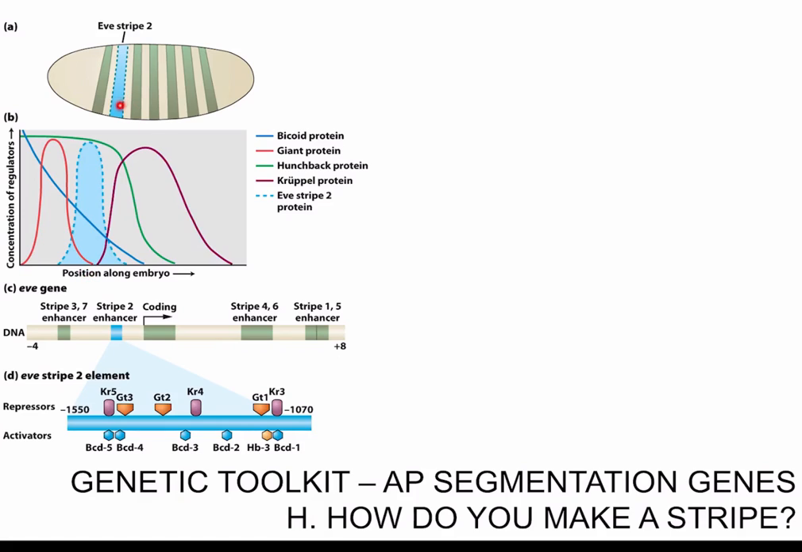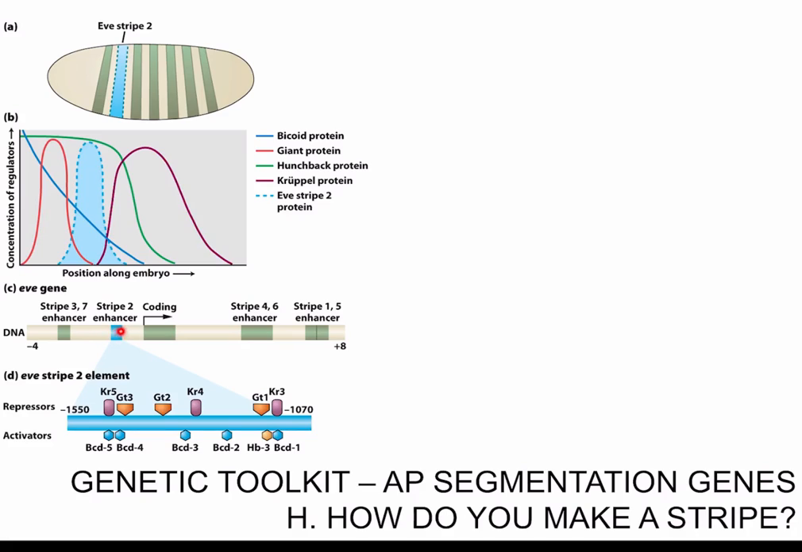Now, insight into how you can have two borders, one on the posterior side and the other on the anterior side, came through the analysis of the regulation of even skipped. And it turns out that even skipped, and this is the transcription start site, and this would be the promoter of even skipped, has several different enhancers, and each enhancer is dedicated to directing the expression of even skipped in